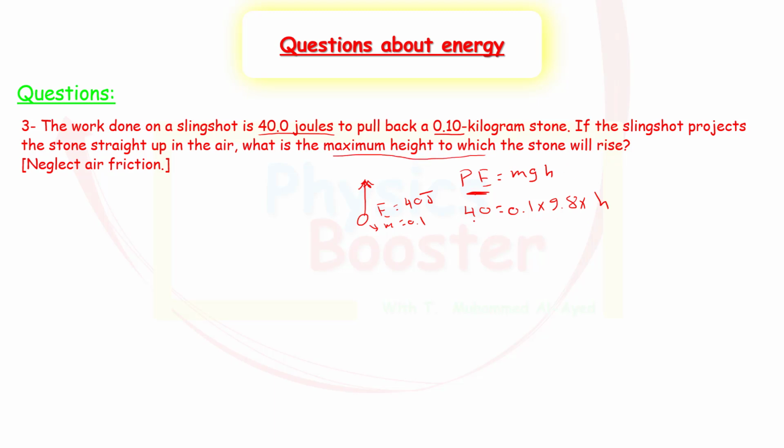So the potential energy is equal to mass, g, and h. So the unknown here is simply h. To find h, we will need to divide both sides by 0.1 multiplied by 9.8, and I will divide this side also by 0.1 multiplied by 9.8. This will give me h is equal to